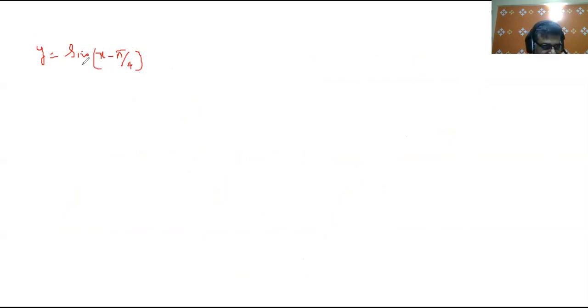So when we are talking about sine x minus pi by 4, this is the graph of sine x only. When x was equal to 0, then y, which is sine x, was equal to 0. But in this case, when x is equal to pi by 4, then y is equal to 0. It means,